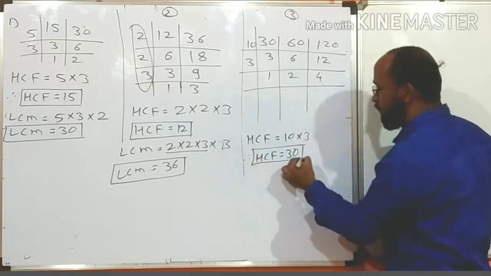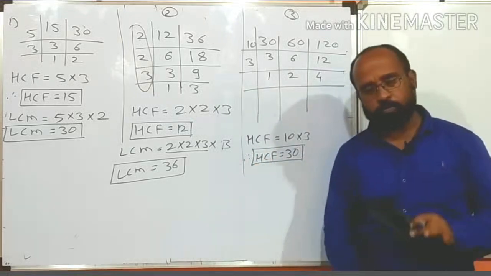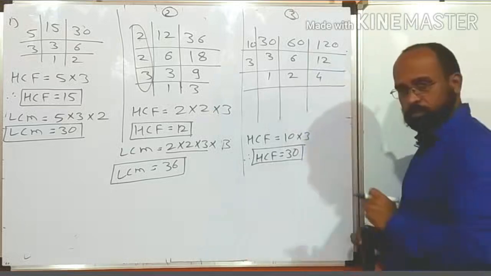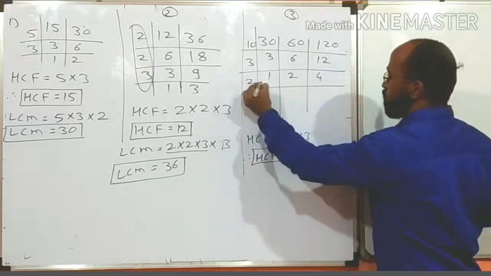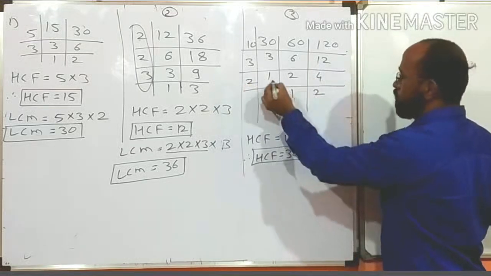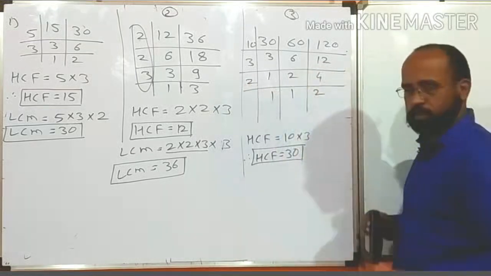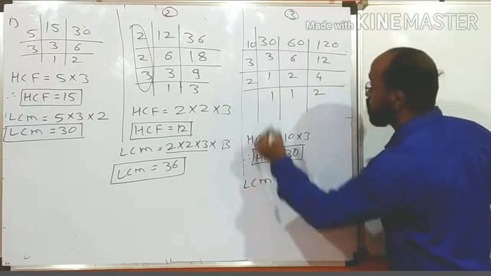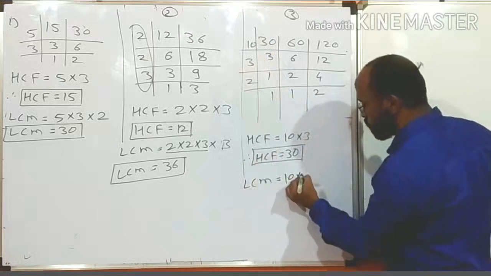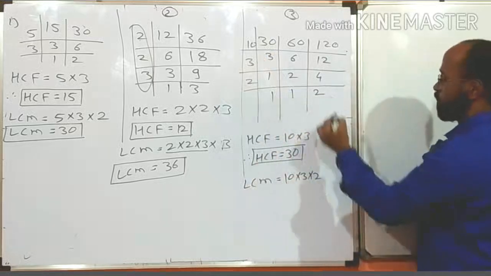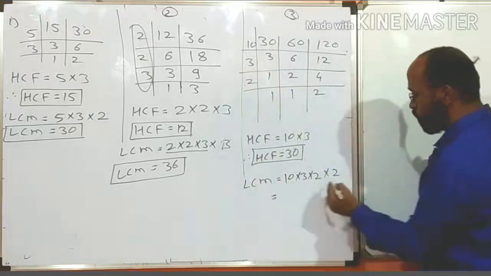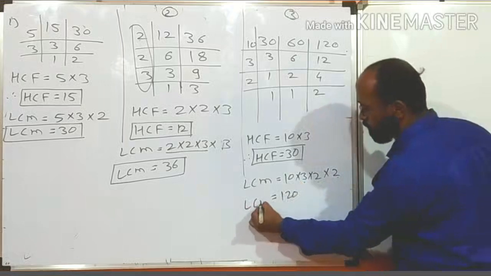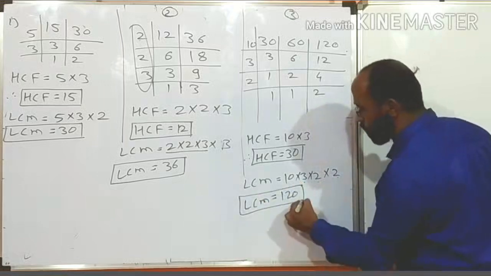But in case of LCM, if any two numbers are divisible, we can continue the factorization. So let's continue because two numbers are divisible. If we divide them by 2, answer will be 2 1s are 2, 2 2s are 4. This one is not divisible by 2, so it will be as it is. Now LCM is equal to 10 into 3 into 2 multiplied by 1 into 1 into 2, which is equal to 2 2s are 4, 4 3s are 12, into 10, 120. So I hope students you are getting here.